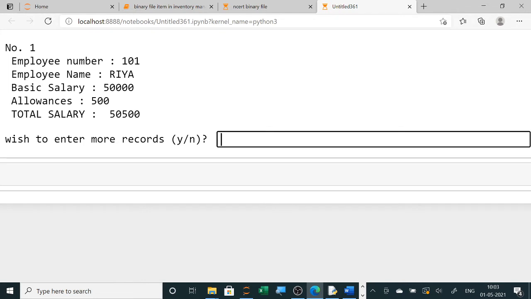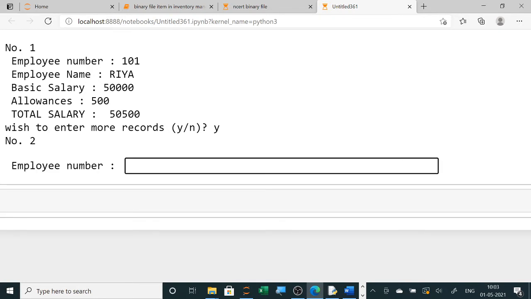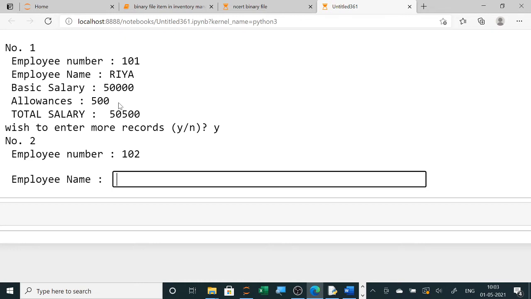If you write here n, it will show this record and it will stop. Otherwise, if you write y here, again it will ask for the second employee. So suppose I am writing here y, then you can see for employee number 2 it is showing. Since it is showing here small letter, I am also entering in small letter. Now employee 2, automatically 2 is being displayed. Suppose 2 is 102, I am writing here.